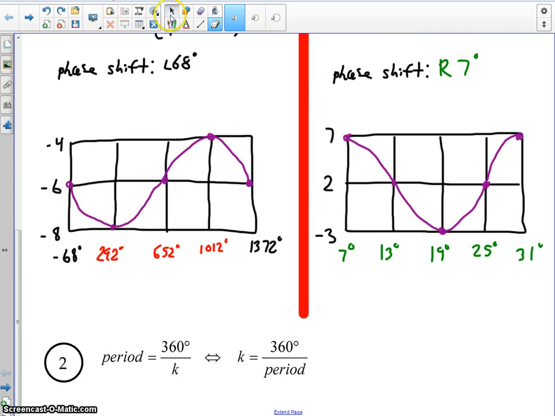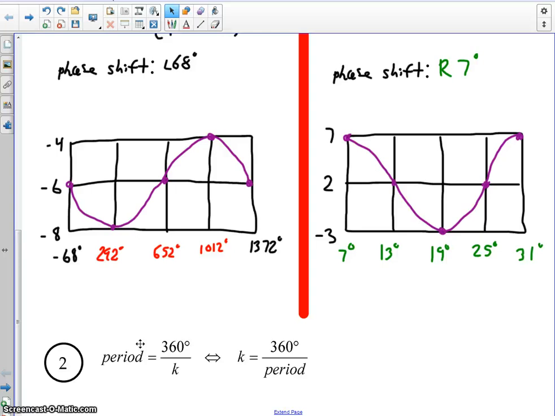Okay, so we're going to need that going forward. We're going to need to be able to make sketches of situations. And one thing we need to remember here is we found our period always by taking 360 degrees and dividing by k. We can also rearrange that equation to get k by itself, which means if we had our period and we're trying to find the equation, we could do 360 divided by our period to get the k value